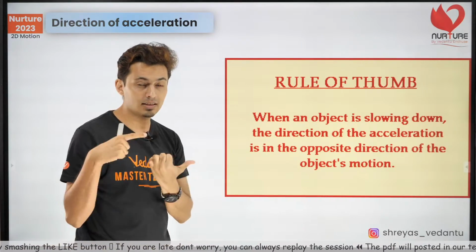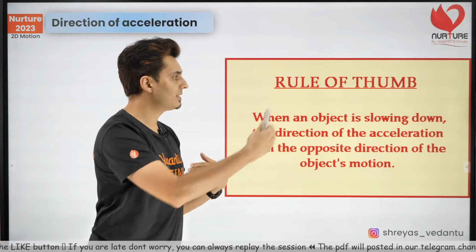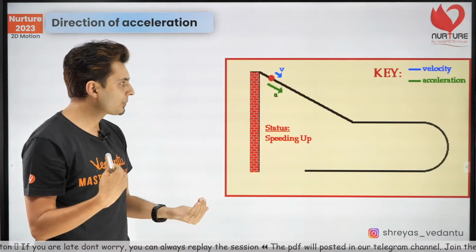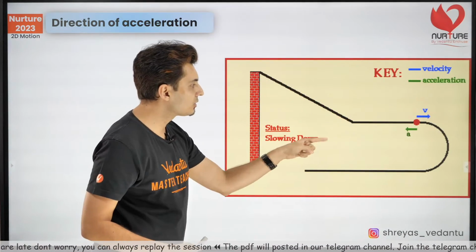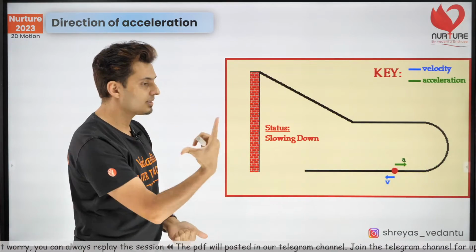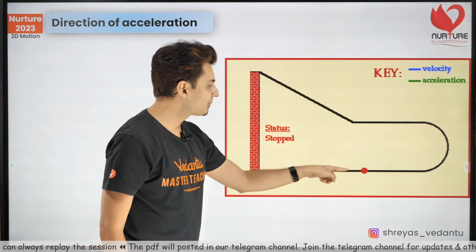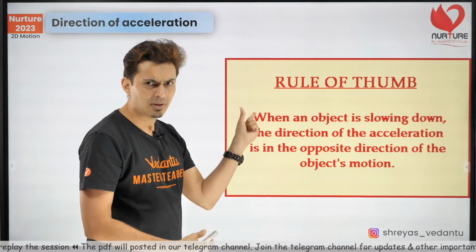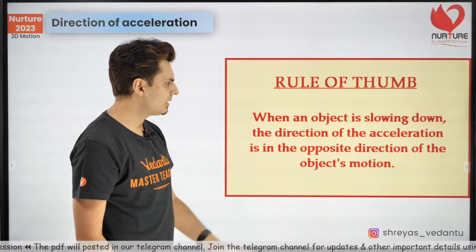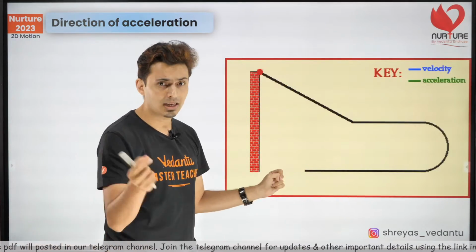Look at it. When it's in the same direction, it's increasing the speed. When it's slowing down, then it is opposite. Look at that. It's slowing down, it's opposite. When it turns, it's perpendicular. And again, not perpendicular, it's at some angle actually. Okay, it might not exactly be perpendicular. And again, when it slows down, again it's opposite.